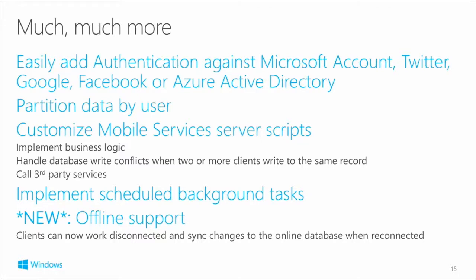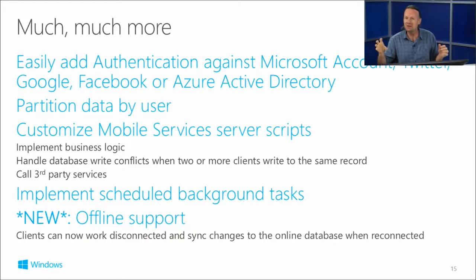authentication. And this is important, obviously, if you're storing all the data in the cloud from all of your clients, and hopefully you've got thousands of clients running your app, you need to separate each client's data. So they need to authenticate, and then you can record against each object that gets created up in your tables in the cloud who actually owned it, who created that object. So you're partitioning that data by user. You can customize the scripts that are associated with create, read, update, delete. You can implement scheduled background tasks running in the cloud, so that you can have some background logic that's running frequently and can be doing some back-end processing and looking for things that are relevant to your application